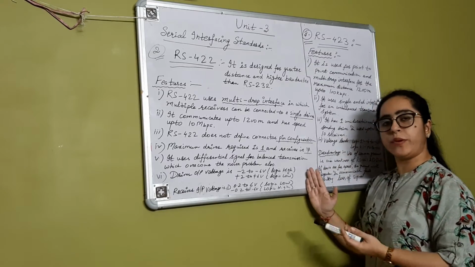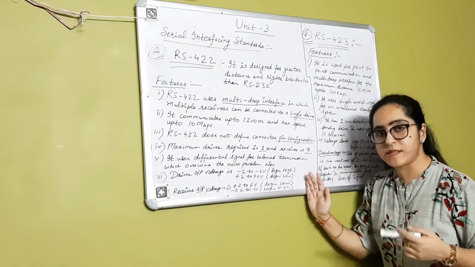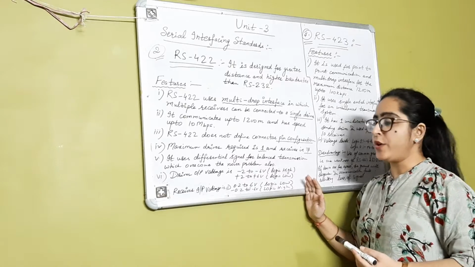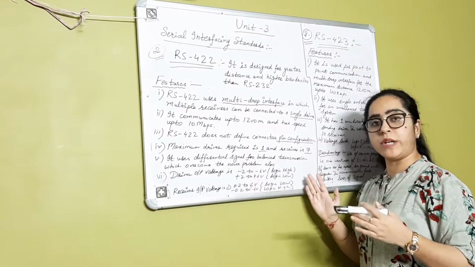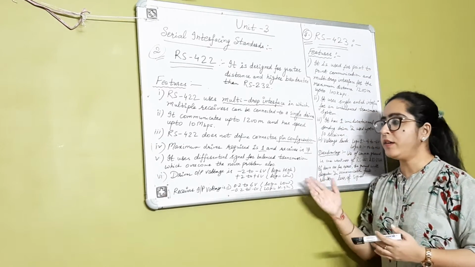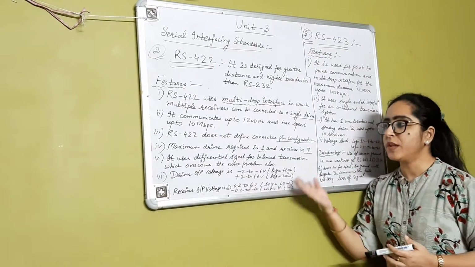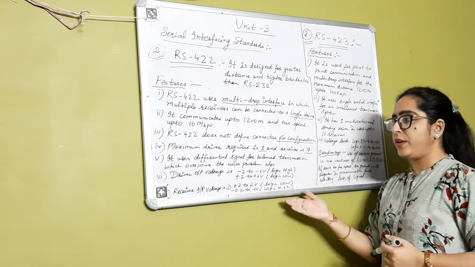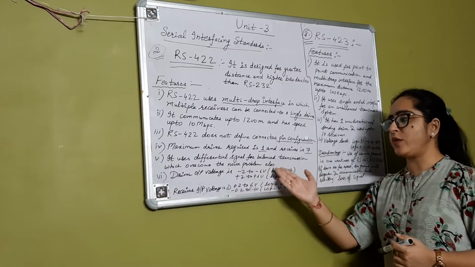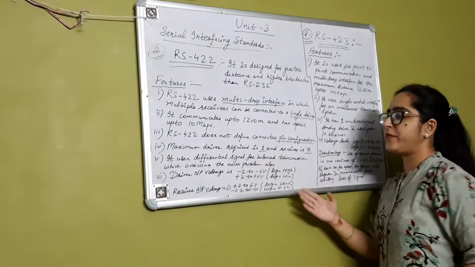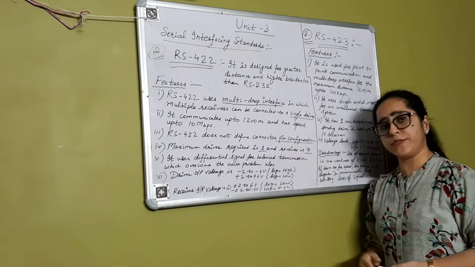Okay, and there is no interfacing issue also, like in RS232 it was not compatible for TTL CMOS input. So for that we need to use a MAX 232 IC as a driver, especially for CMOS and TTL compatible inputs. So such a problem is not there. It uses a differential signal for balanced transmission, which also overcomes the noise problem. So this differential signal is also an advantage over the RS232.